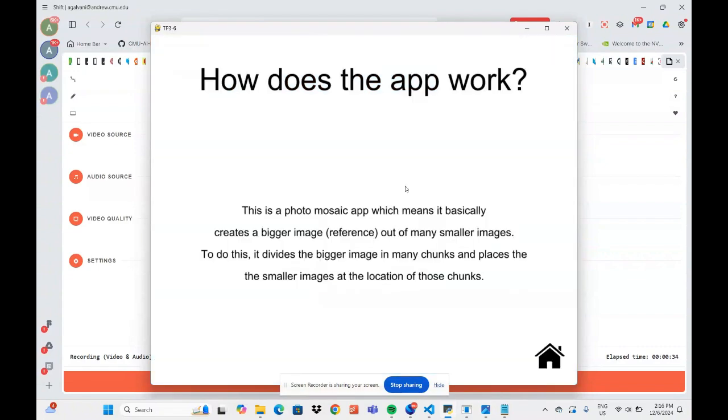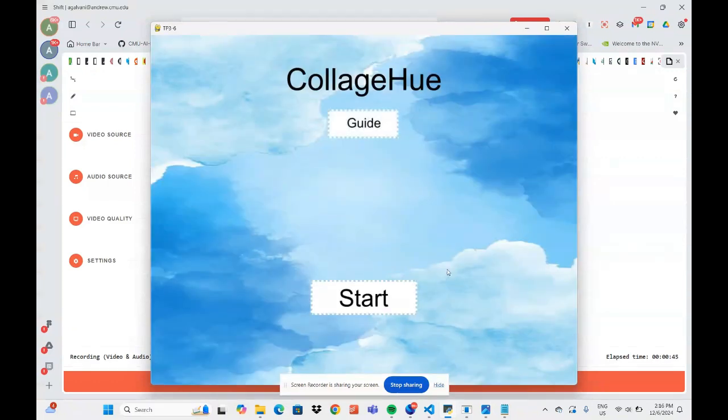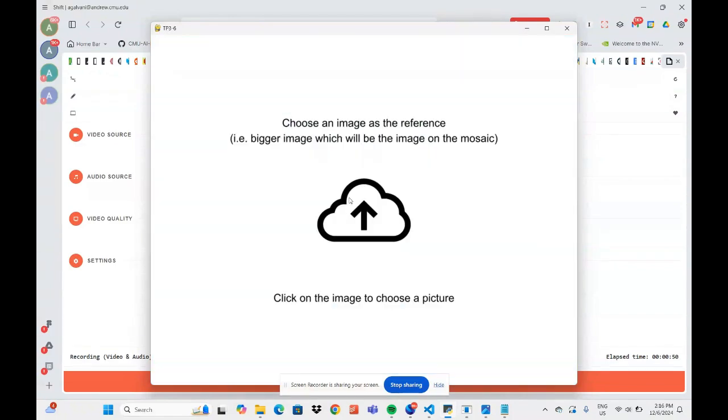So here you can click on the guide. This just explains how the app works so the user is not lost and can go through it more smoothly. If you click on the house, you can go back to the main screen and then actually start using it. If you click on start, it tells you to click on the image